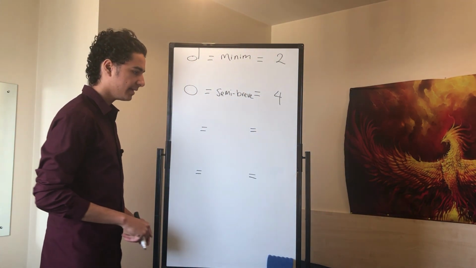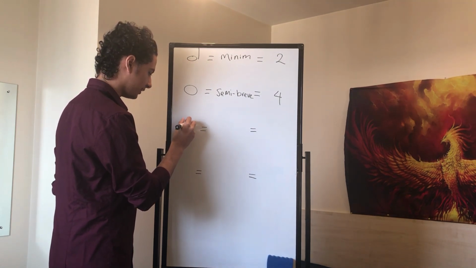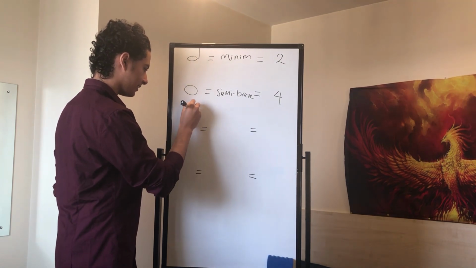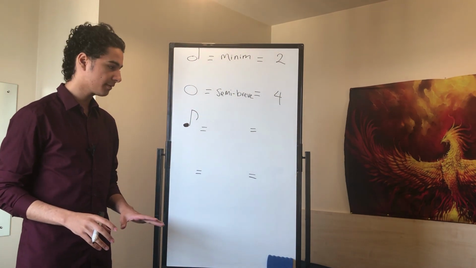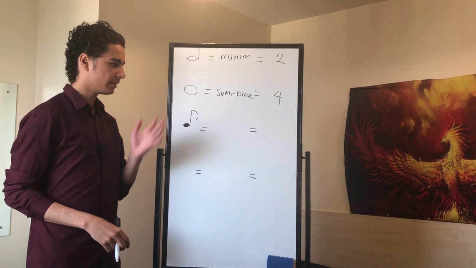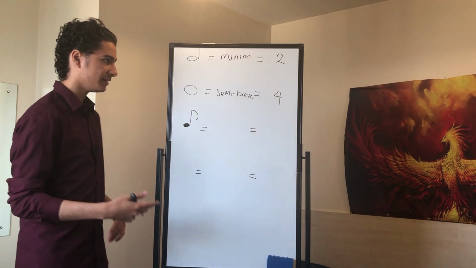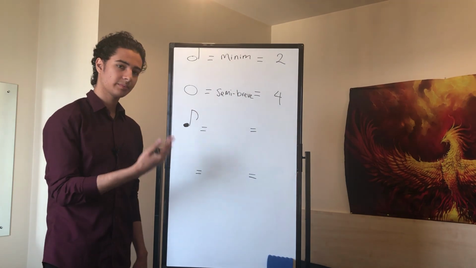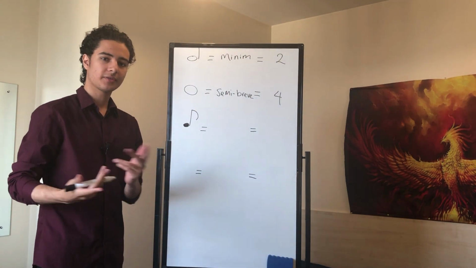The next one is this symbol here, where you have a filled in circle, a stem, and a tail, right? So how many beats is this worth, and what is the name of it? I'll give you a few seconds. You can even use process of elimination, since you know what the minim is, you know what the semibreve is, you know what this one's worth and that one's worth, and we have 2 other ones that we haven't used